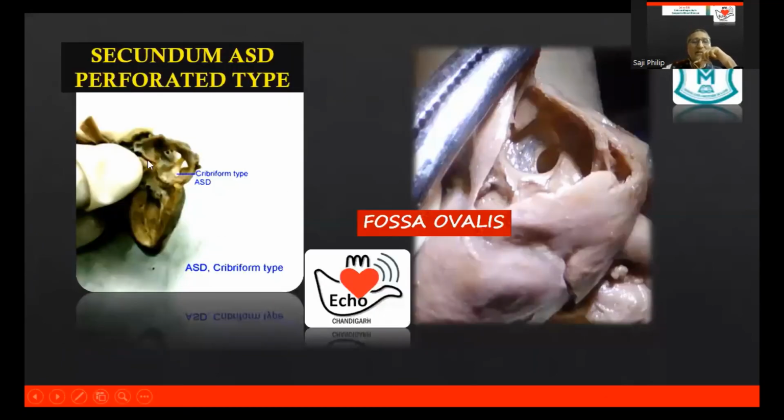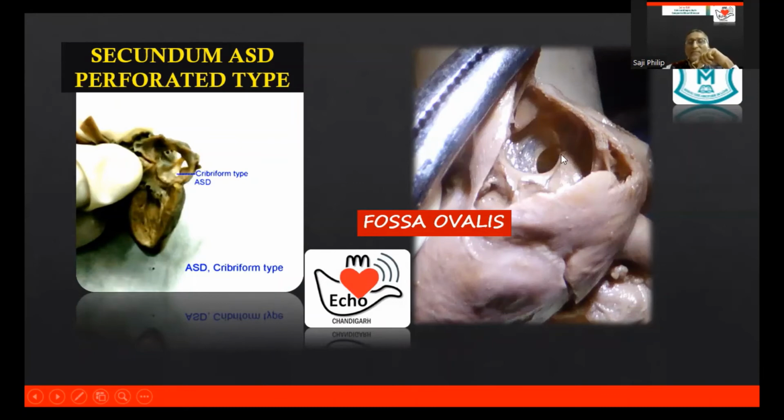This is the same one I showed as an anatomical specimen. It's a cribriform type ASD with 2 holes. You can see this can make a residual shunt. So you should be very careful. This is the fossa ovalis. This is the septum secundum, and this is the septum primum, and this is the ostium secundum, that is the